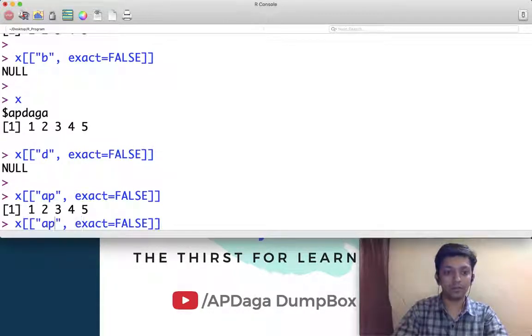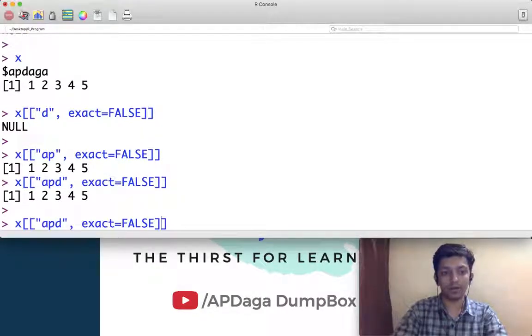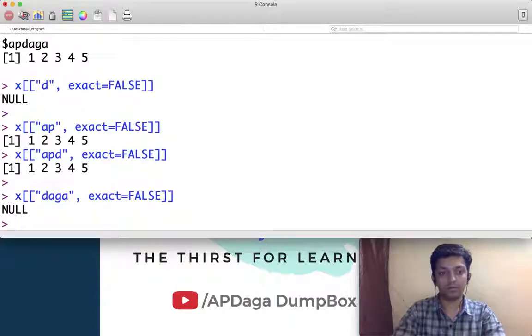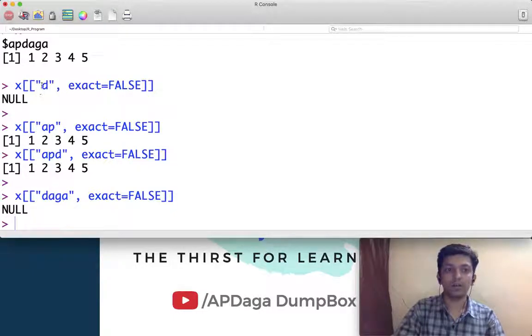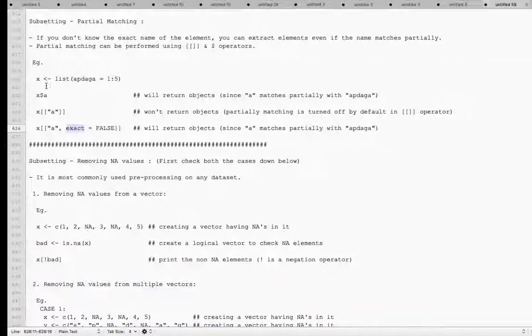APD, it is working. If I write DAGA, it is not working. So when we do subsetting using partial matching, make sure whatever value you pass matches the exact name at the beginning, starting from the very first character.